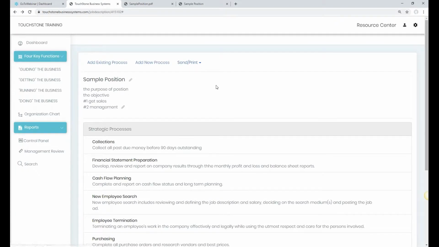So we have extensive printing options and export options inside of TouchStone because we never want anyone to feel like they can't get their stuff out. This is your proprietary information. If you ever decide you don't want to use TouchStone, we want you to be able to take it with you in a writable format. Having said that,